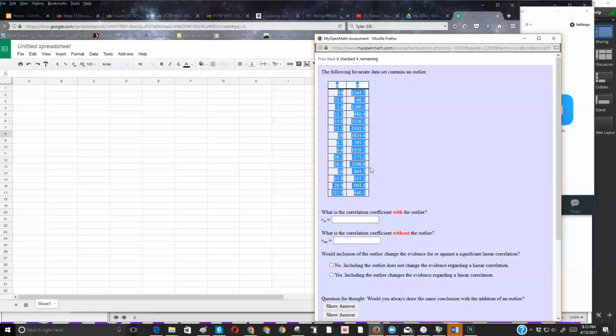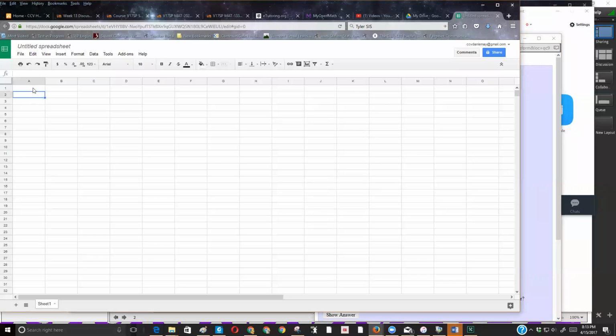So for this question, they're asking me to calculate the correlation with an outlier and without an outlier. So I've got this data selected. I'm going to copy it. I'm going to paste it into a spreadsheet. And then I'm going to calculate the correlation. So with outlier,